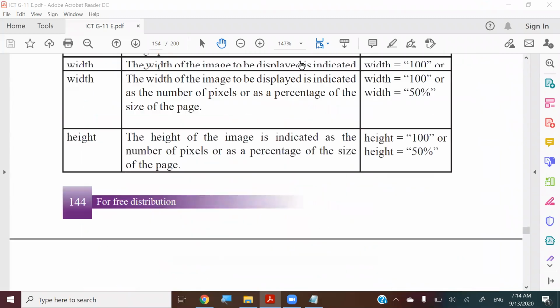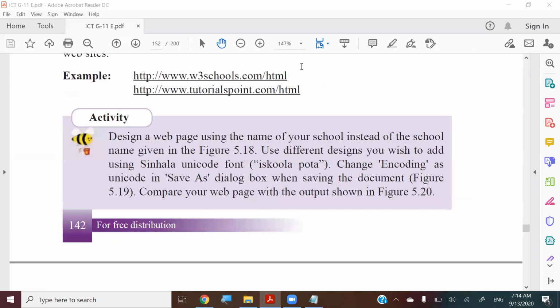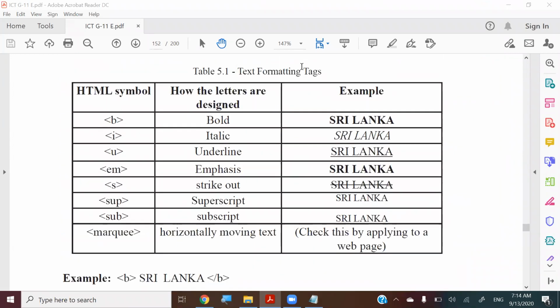All right, so we discussed these tags then: bold is for bolding, italic is I for italicizing, and U is for underlining. Emphasis will give you the very same effect as bold, and S for strike out, like you can draw a line at the middle of a letter or a word or a phrase, right? And sup is to superscript, sub is to subscript, and marquee is to give any word a moving